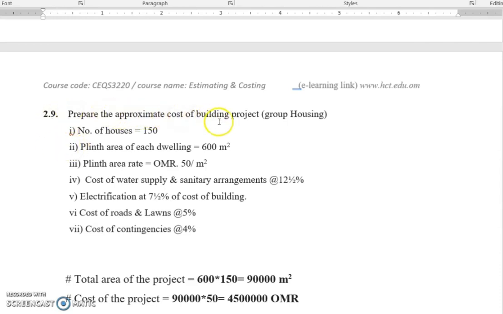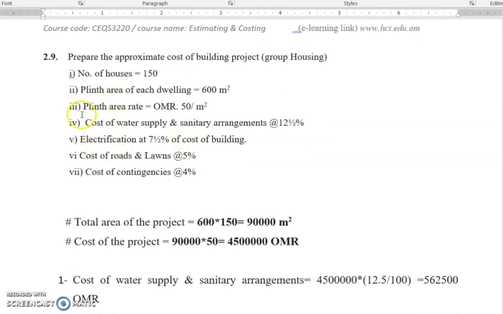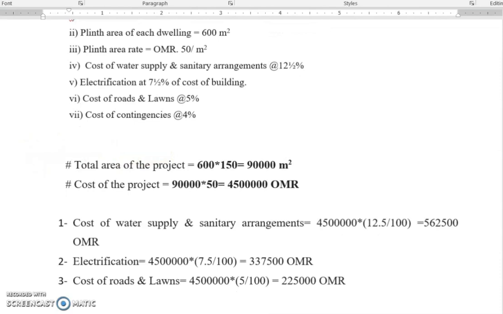Prepare the approximate cost of building project group housing. Number of houses عندنا 150 house. Plinth area for each dwelling 600 square meter. For each, كل فيلا أو كل سكن 600. بالتالي إيش؟ 600 في 150. وبلنت area rate 50 ريال. Cost of water supply and sanitary 12.5. تمام. Electrification, cost of roads and lawns اللي هي مجاورات المبنى. Cost of contingencies 4%. طيب,